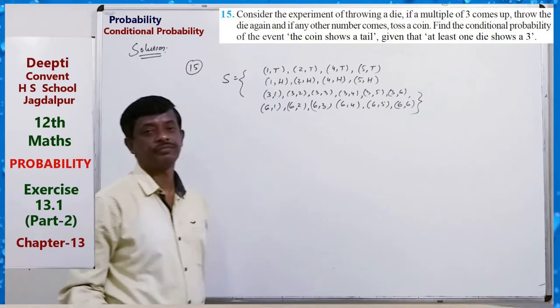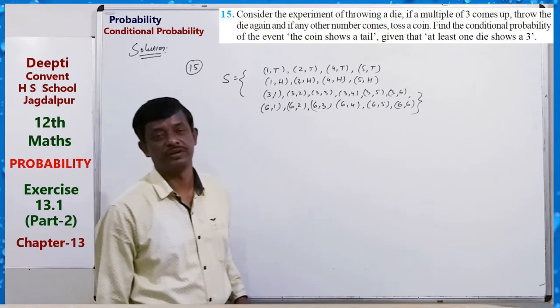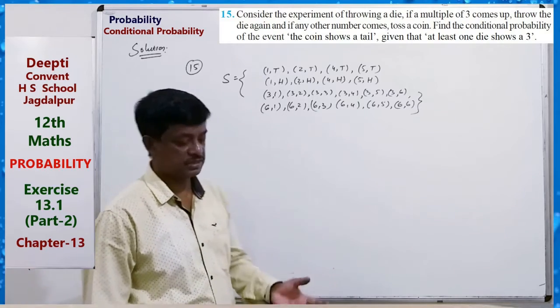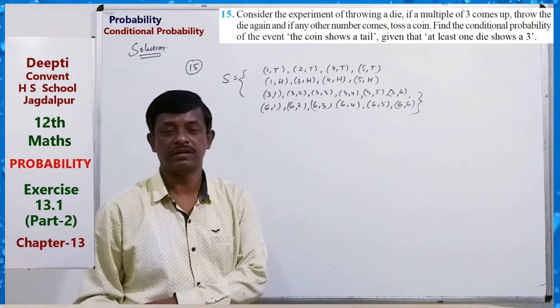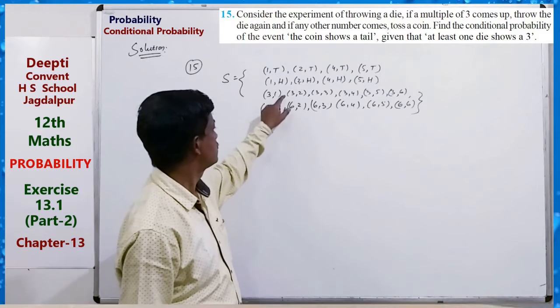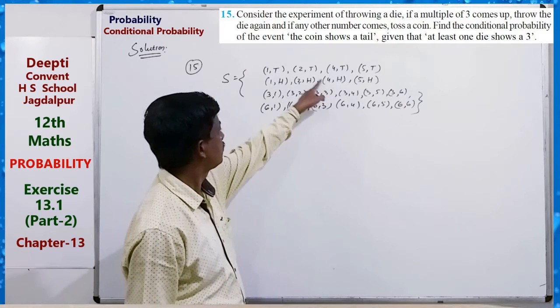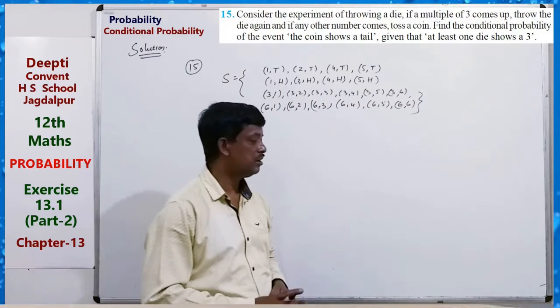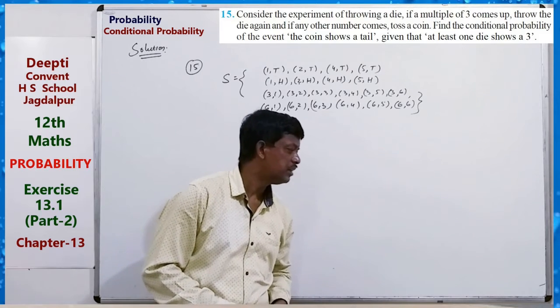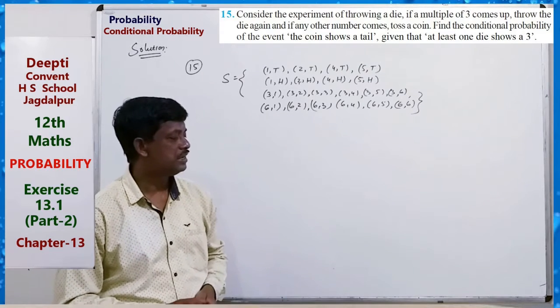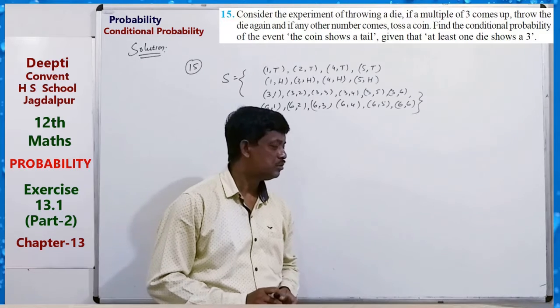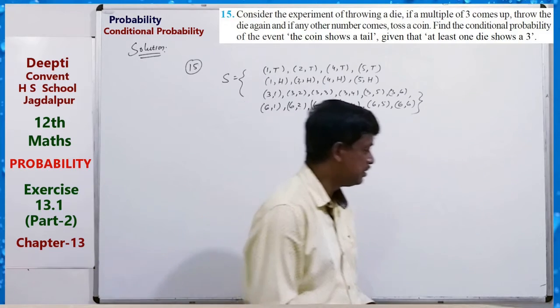This will be the sample point, because if 3 or 6 comes, then the die will be thrown again. So 6, 6, 12 and 8, 20. Total, how many total numbers are there? Just 12. So we have to find